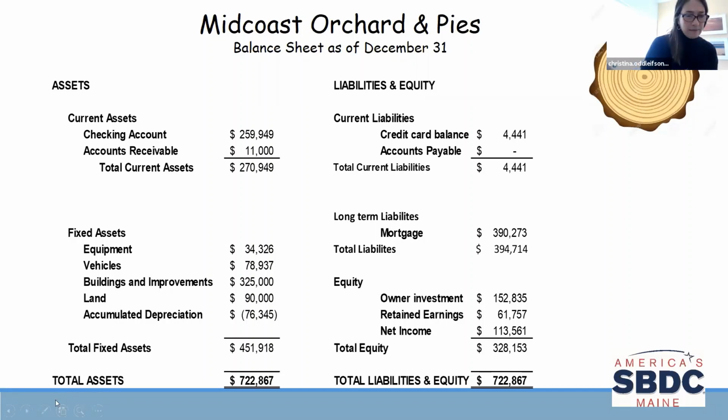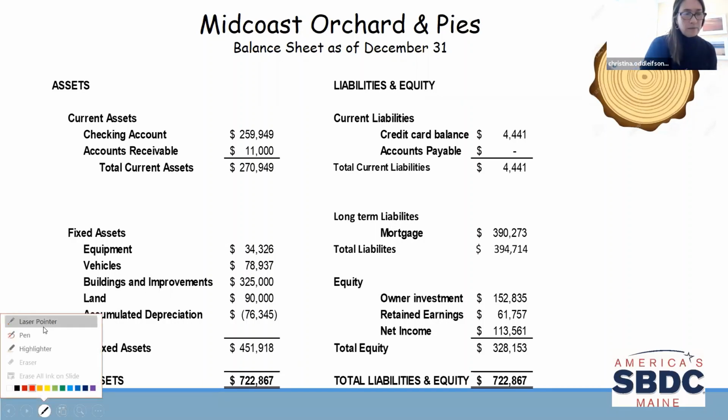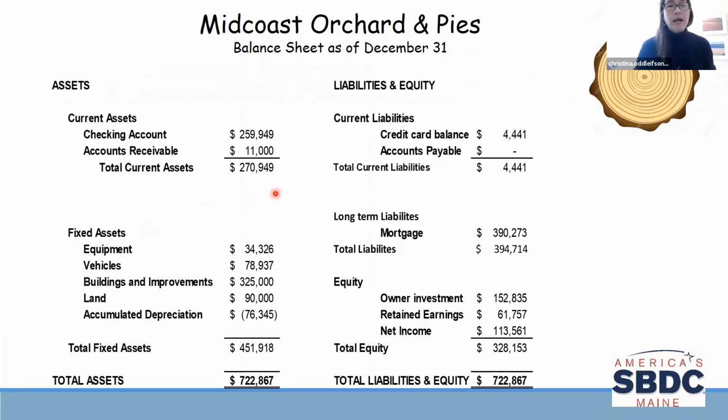And again, love the laser pointer. So my business here has a lot of money sitting in a bank account. That might tell me that they need to think about investing that in their business in some way by increasing their assets. I've got about 11,000 in accounts receivable, and then I've got all this equipment down here, and the total of that equals